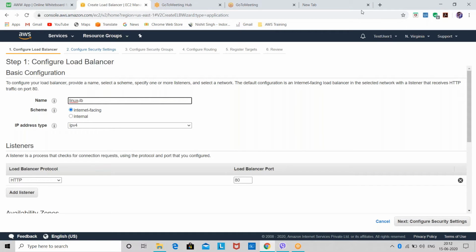You guys remember internet facing and internal scheme, or should I explain it to you again? Anyone want the explanation again for internet facing, internal facing? Let me know if you want, then I'll explain it again.